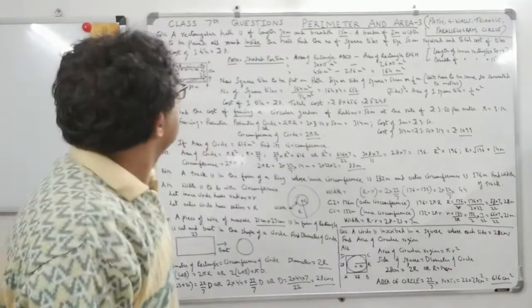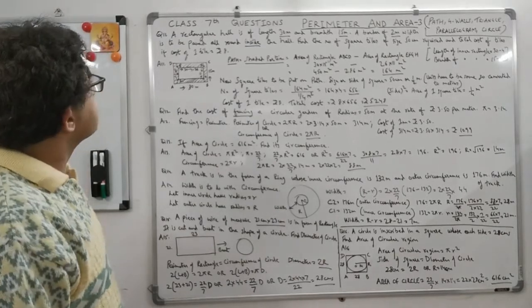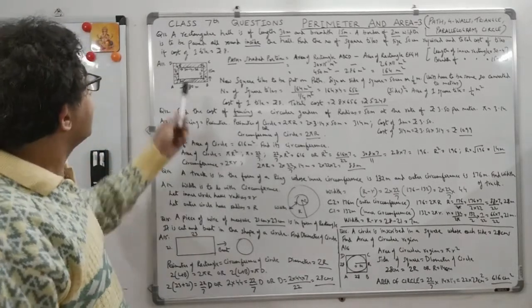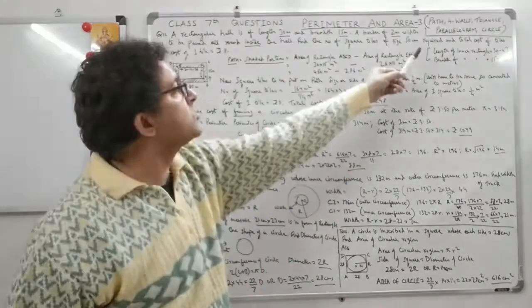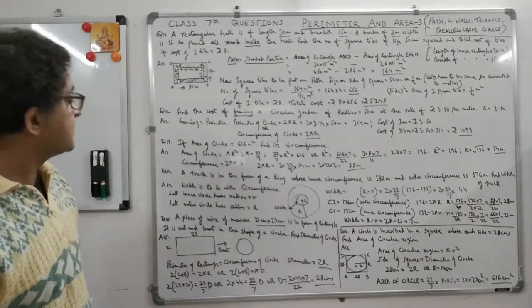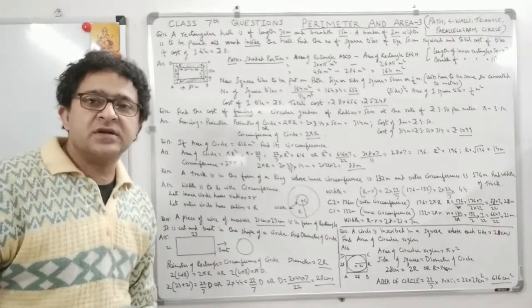Students, so now we have some more questions on basically this is the rectangle and this is the path. So some questions were there on path which is missing. So path and then circle. So this part was missing. Now we will cover this part as well.